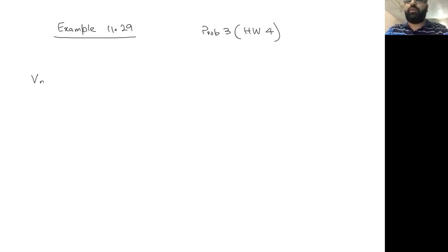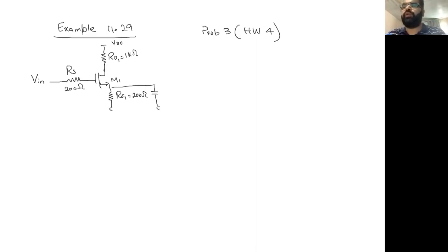We have our input, which is being applied to a source resistance RS, going to a MOS, a common source with degeneration. So we have M1 connected with a degeneration resistance known as RS1 with a value of 200 ohm. And here this is M1, RS also having a value of 200 ohm. And we have a load resistance connected to VDD on the other side, RD1 having a value of 1 kilo ohm. And here we have one coupling capacitance, basically the bypass capacitance, if you remember, which we have previously seen